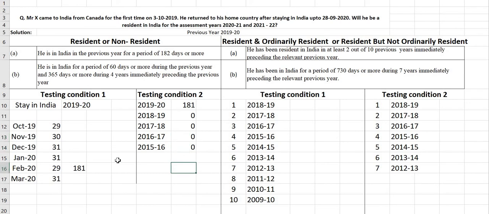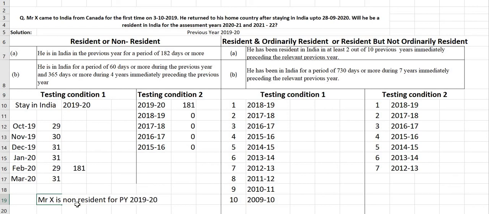So that means he is neither satisfying the first condition nor the second condition. So we can say that Mr. X is non-resident for previous year